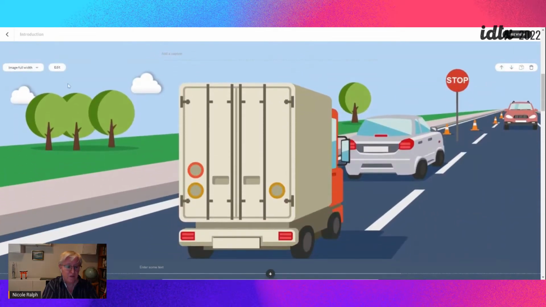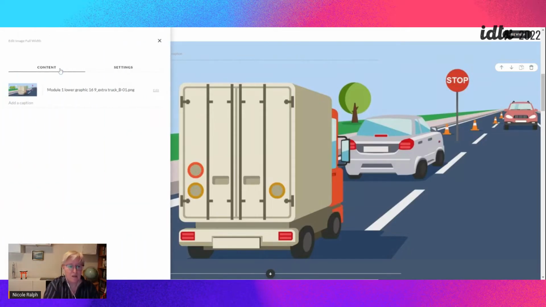Moving down a little further, we've got the full width image. And just one thing I wanted to say: as the learner goes through and scrolls down this particular course, the images slowly come in. That's what Rise does. So what I did to make sure that there wasn't any white space when the learner came in, by using